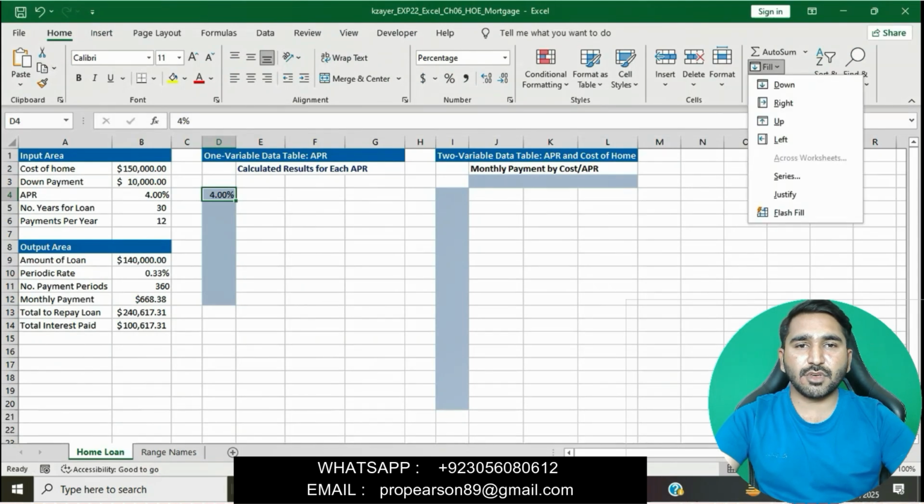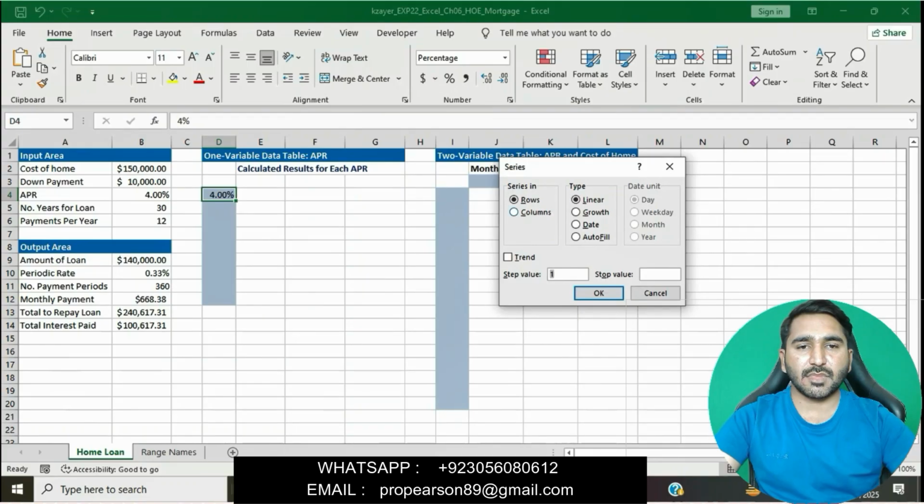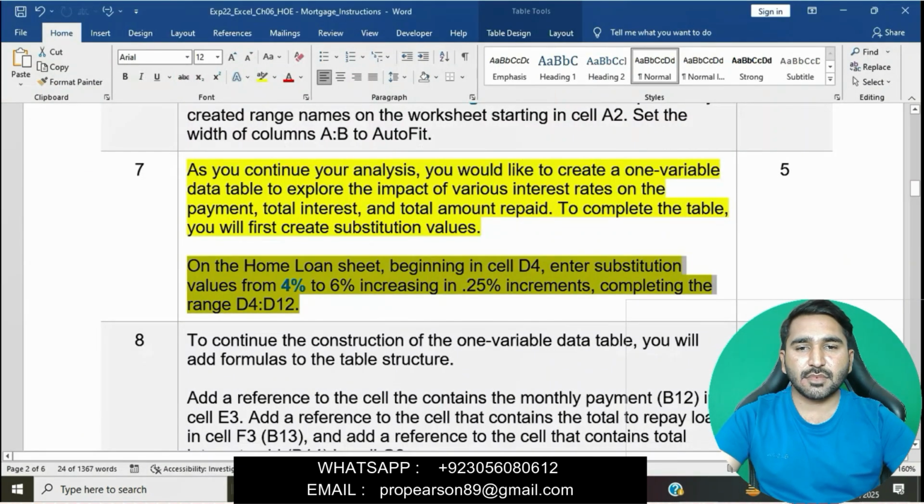We will go to the home tab, in the fill group, and click on series. Then we will click on column.